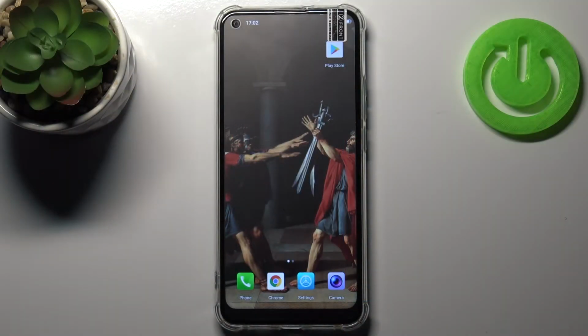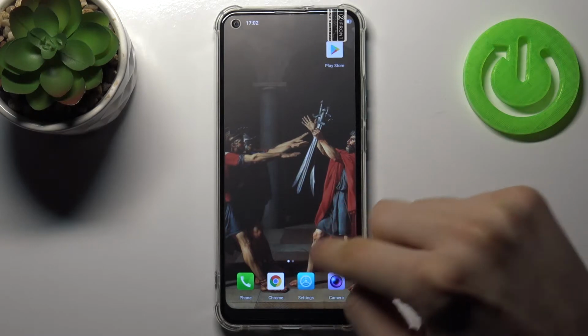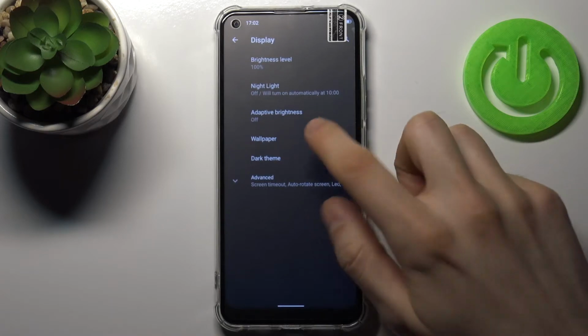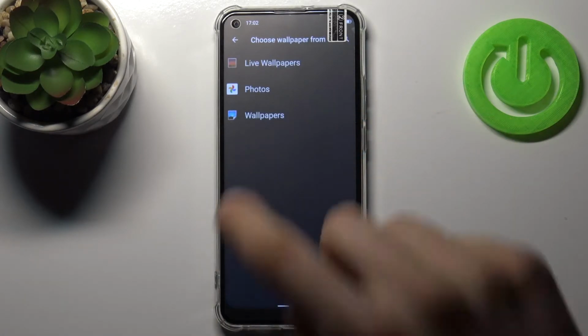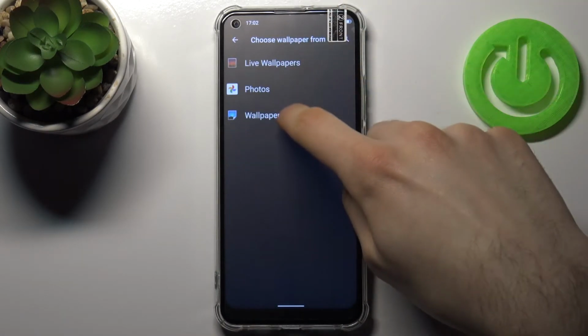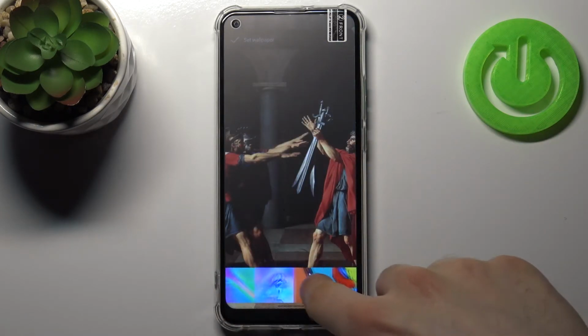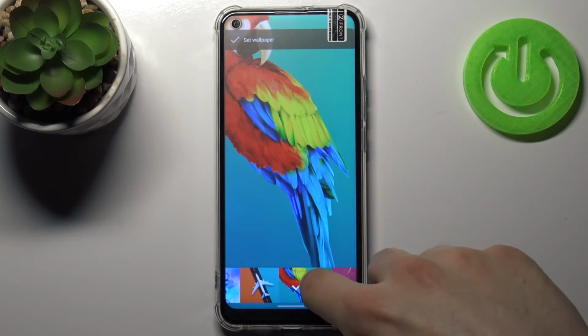Here I have DOOGEE N30, and today I'm going to show you how to change lock screen wallpaper on this device. So to do this, firstly you have to go to the settings, then go to the display section, then wallpaper, and then you have to select if you want to set one of the pre-installed on your device wallpapers, like one of these super stylish minimalistic wallpapers, like